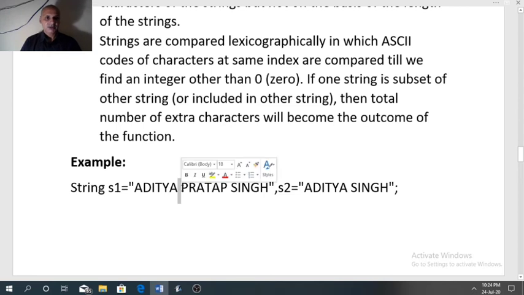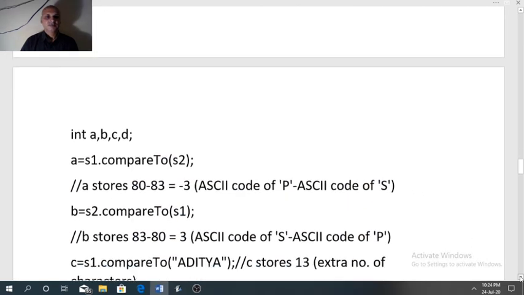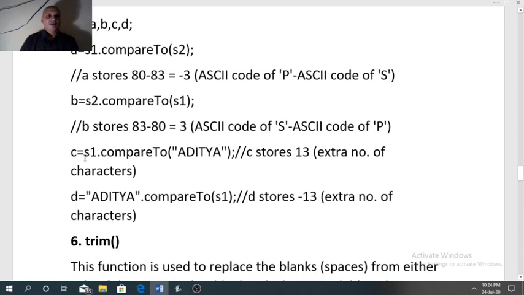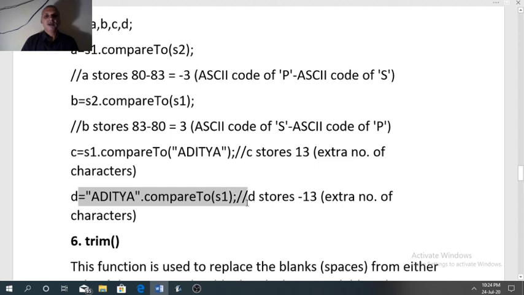So starting with space, one character, 2, 3, 4, 5, 6, 7, 8, 9, 10, 11, 12 and 13. So after Aditya we have 13 more characters. That is why C will store 13, and if you do it in the reverse way, then you will get negative 13.